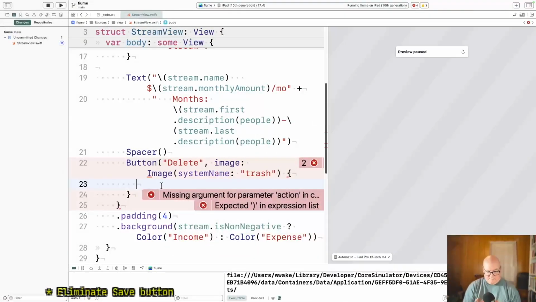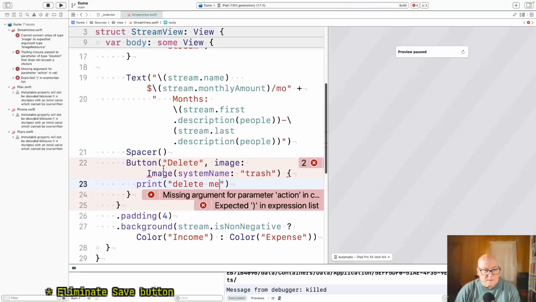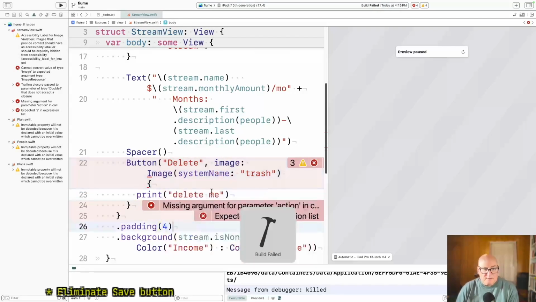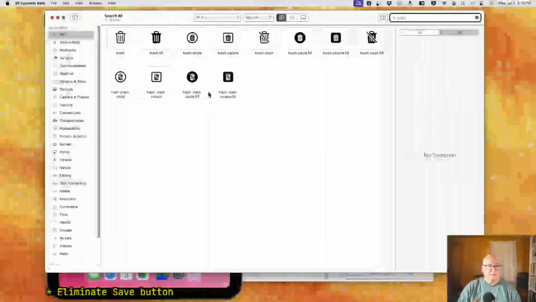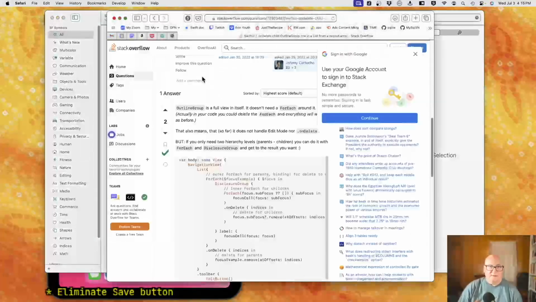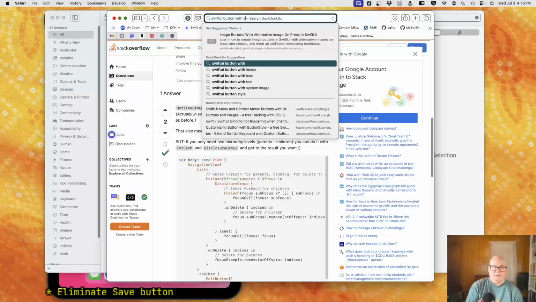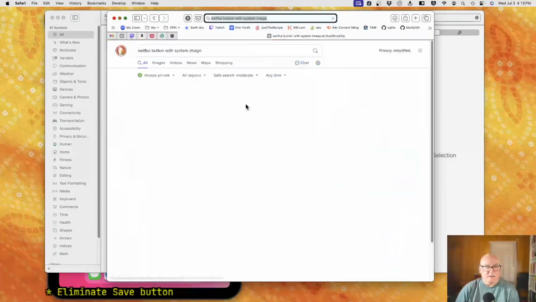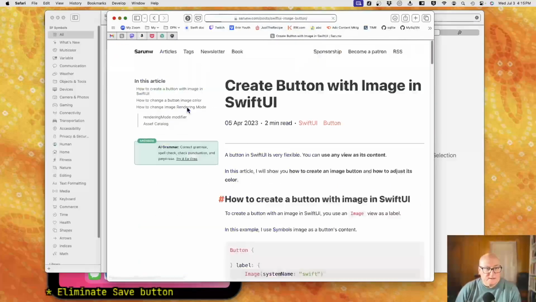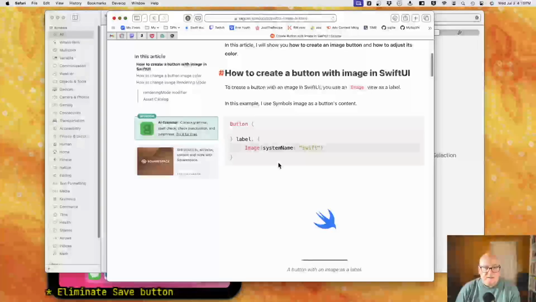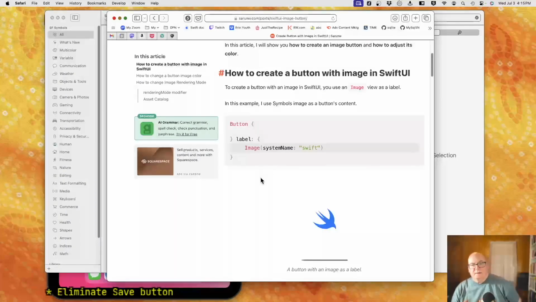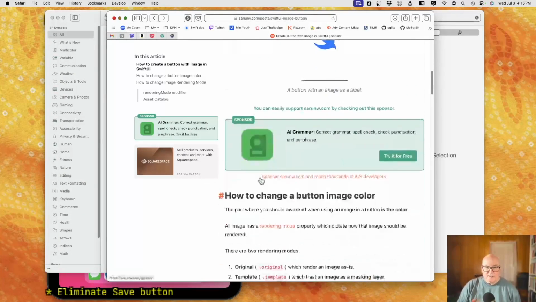Okay, and then right now we're just going to say print delete me. Oops. Can I convert value of image to image resource? I think there's another version of the button that does this. Label colon. But then the action.